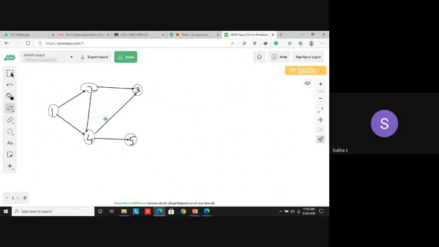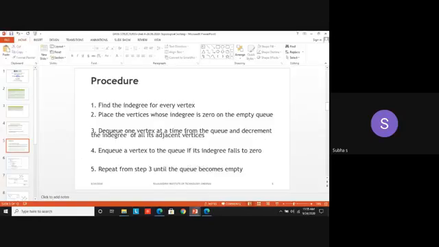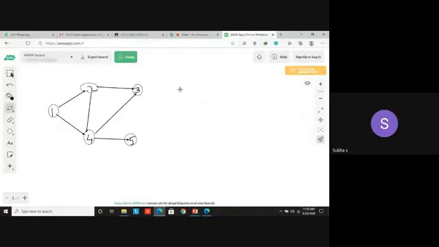Okay. So now we move on to the steps. Now, as told, what's the thing you have to do? Look at the steps now. Find the in degree. Place the vertices whose in degree is 0 on the empty Q. Initially, let's have empty Q. Now find the in degree.